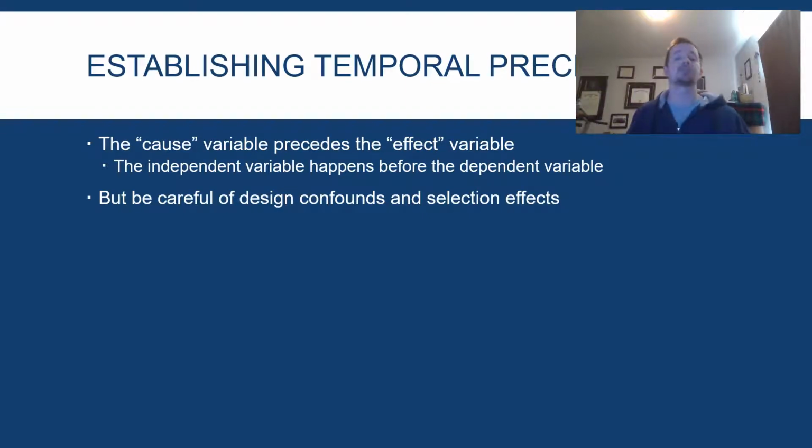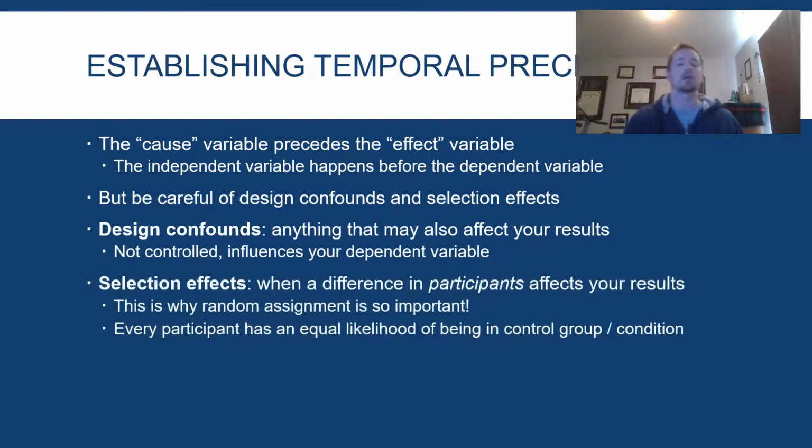So that gets rid of the directionality problem that we talked about last chapter when we were talking about how things could potentially influence, or how things like stress and sleep are correlated. They share covariance, but it's impossible to say which of those came first. Using things like assigning groups is going to help us establish the temporal precedence.